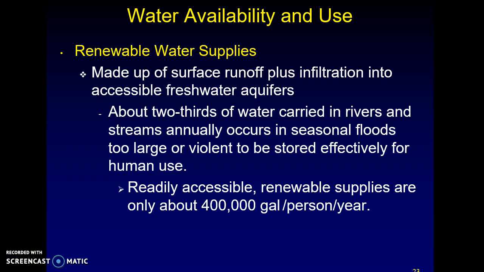So water availability and its uses, as far as potable water, a lot of renewable sources are rain. When you have rain, you have runoff, and this runoff again infiltrates into your aquifers, and then it's stored there, and then human beings can use it. A lot of it is diverted into streams and rivers and all of these things, which eventually ends up having seasonal floods. But seasonal floods are actually